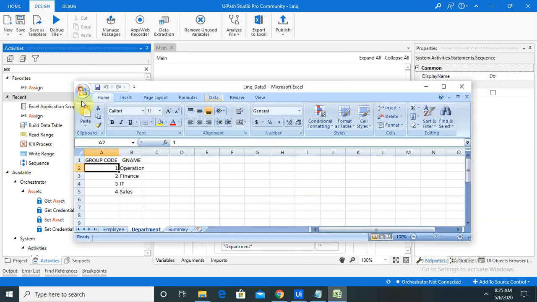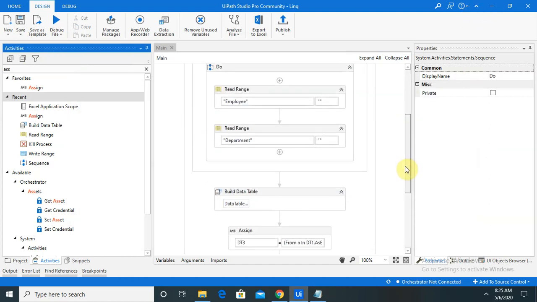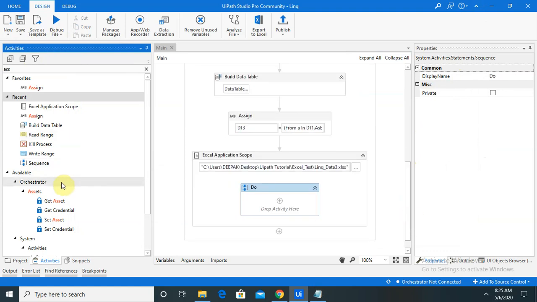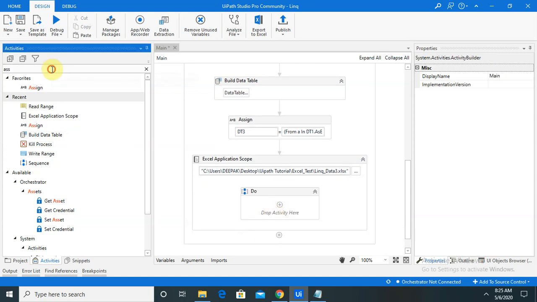Let's close this. We will need to add one more activity here so that it will show us the summary in this. No, we want the write range activity.